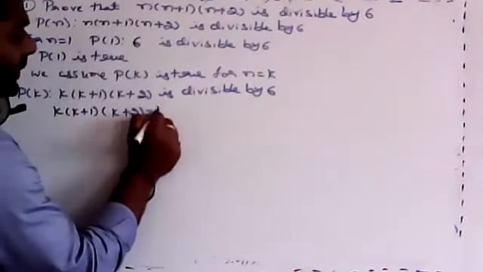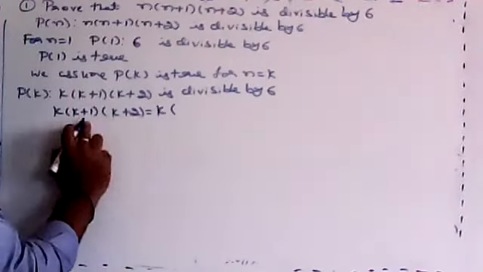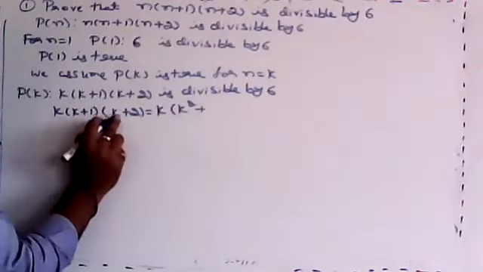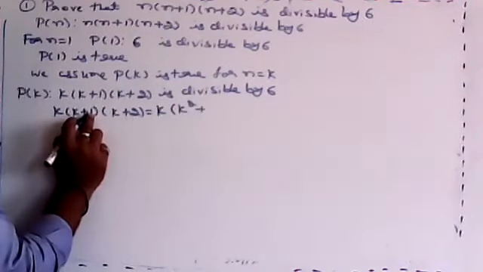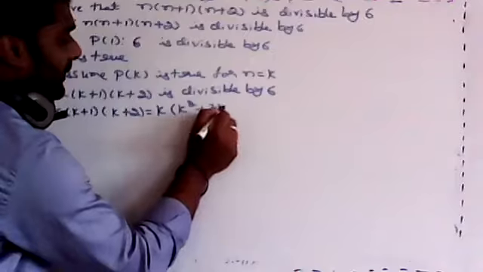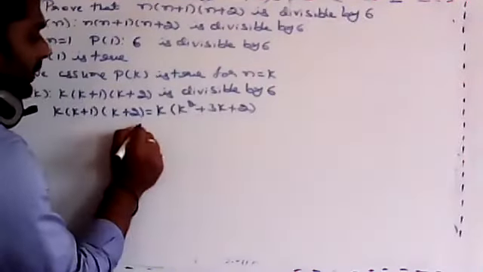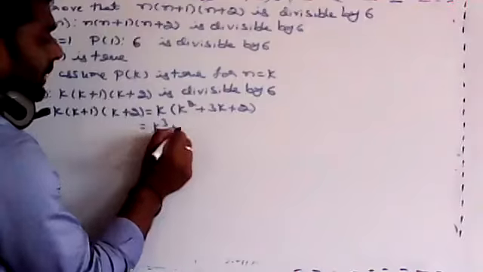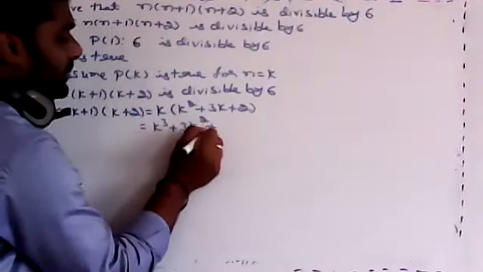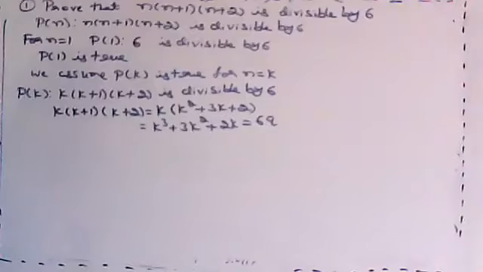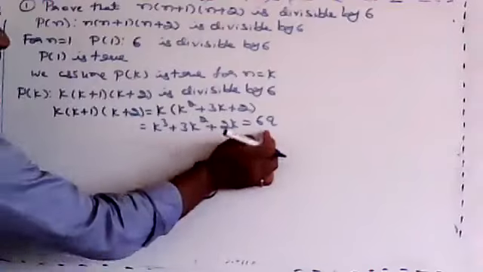So I'm writing that one as k is outside, just to multiply these two products. k into k is k square plus k into 2 is 2k and k into 1 is k. k plus 2k is 3k plus 2 ones are 2. Then you multiply that one with k, which is equal to what? k cube plus 3k square plus 2k, which is equal to what? 6 cube. Correct, good, nice. Then this one we take as 6 cube.